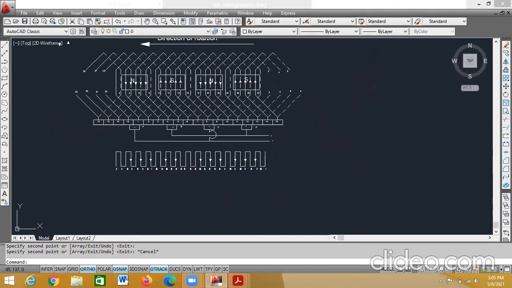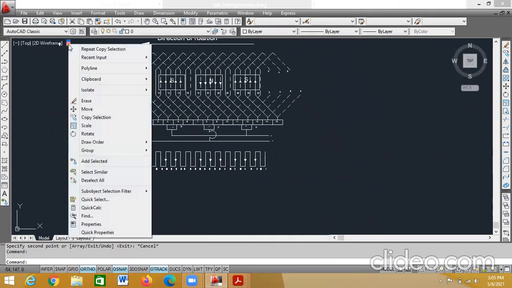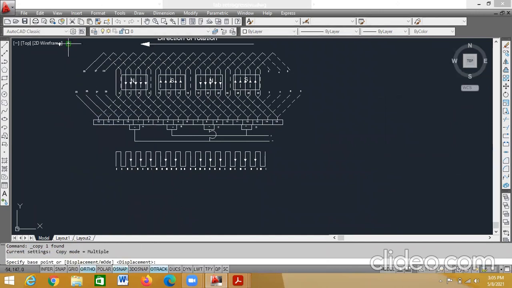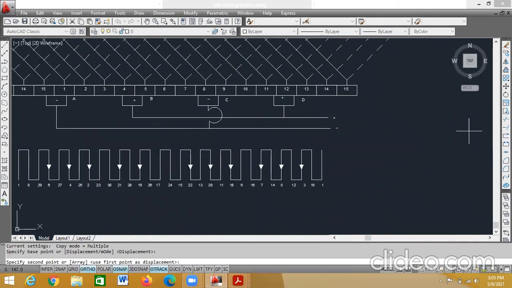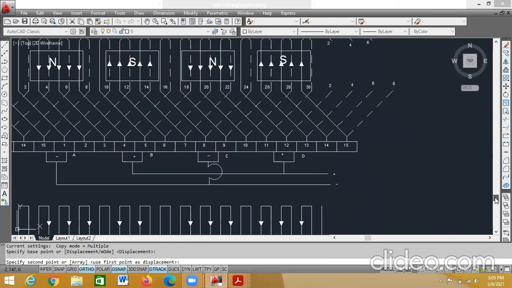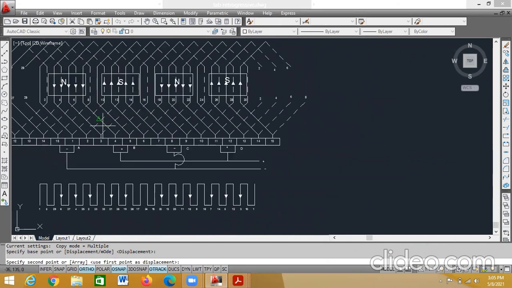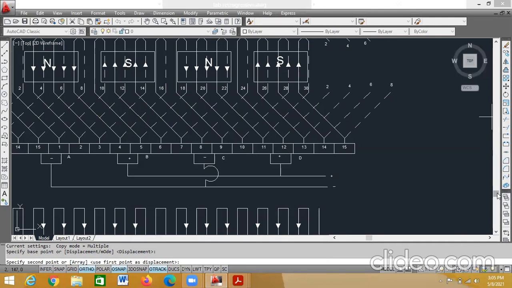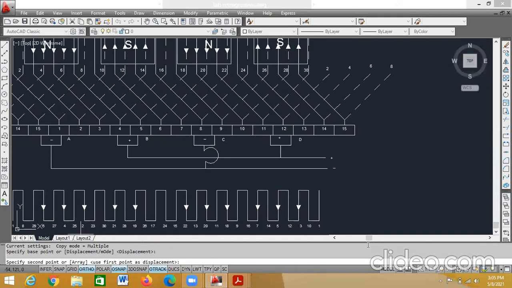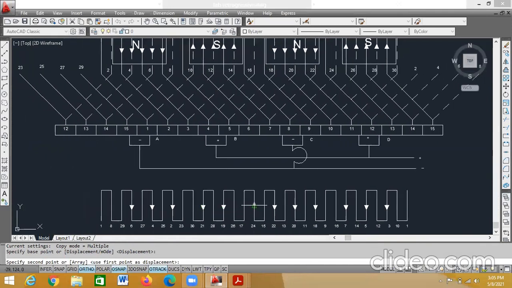Now I have to place the upward arrows. Select the upward arrows, copy selection, select the base point for the south pole. 10 to 14: 10, 11, 12, 13, and 14.